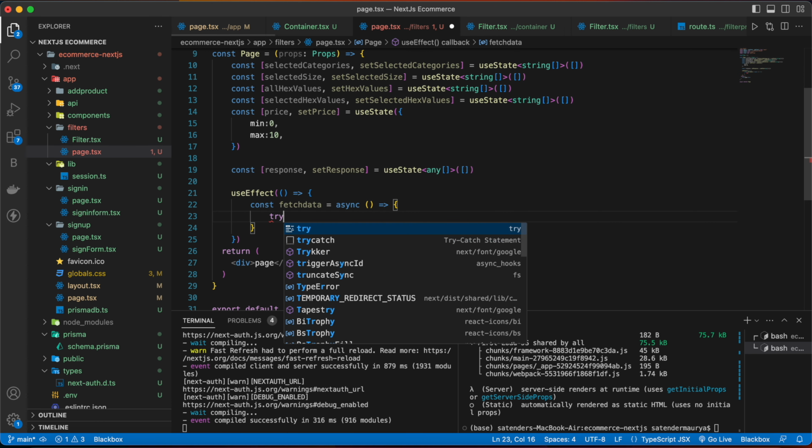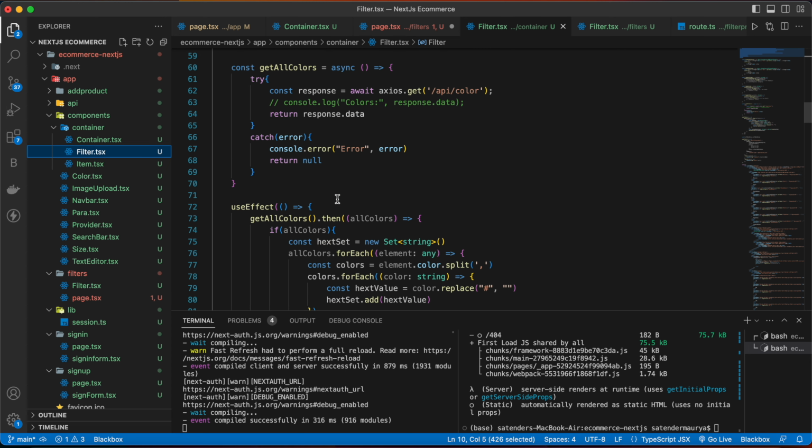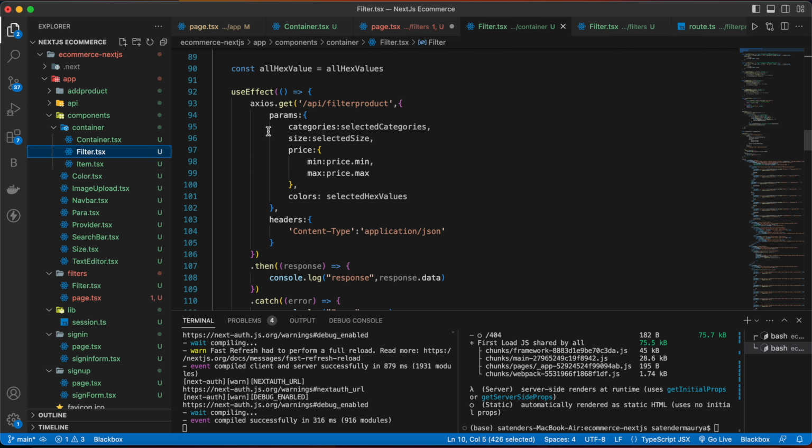Inside that we are going to use the try and catch block, and inside the try block we can copy the values from our components. So from the filter we can copy this,